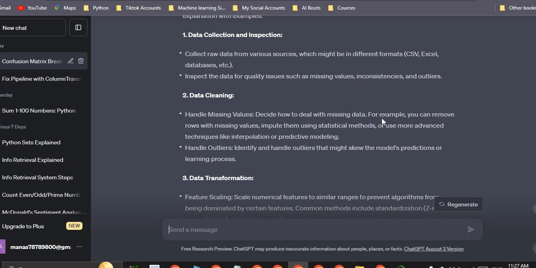For example, you can remove rows with missing values, impute them using statistical methods, or use more advanced techniques like interpolation and predictive modeling. Handle outliers: identify and handle outliers that might skew the model prediction or learning process.